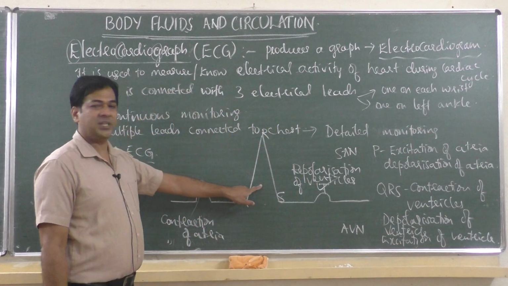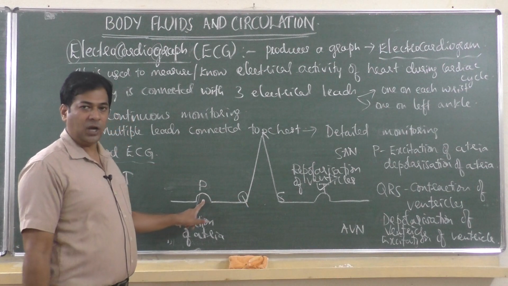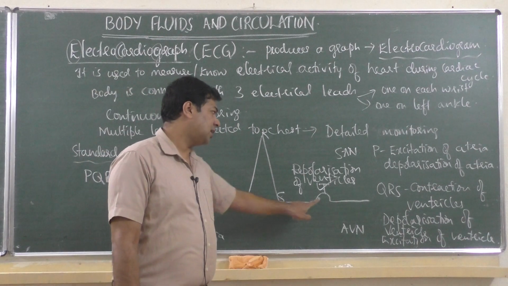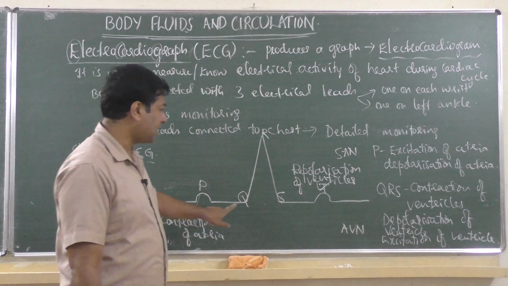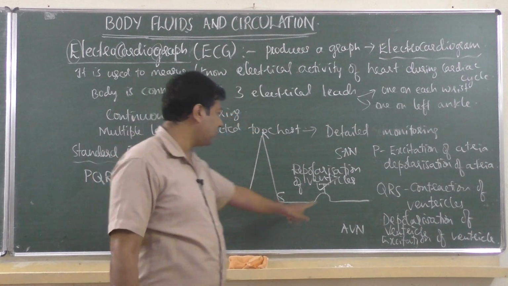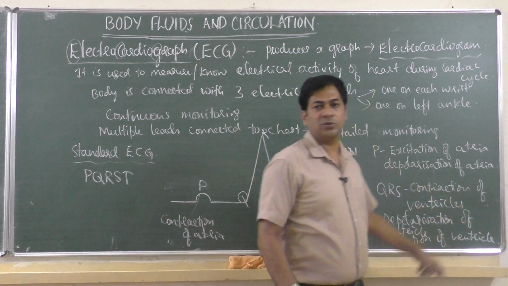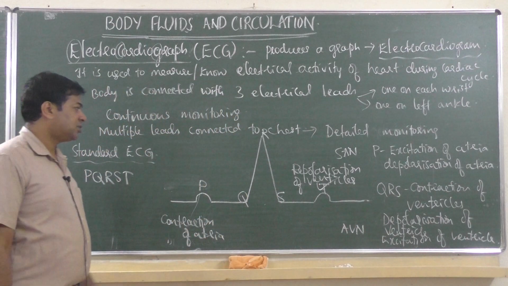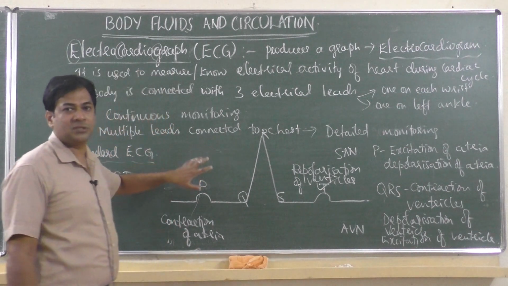This is systole, meaning it is a contraction of ventricle. This is contraction of auricle. This is auricular systole, this is ventricular systole, and this is diastole of ventricle. Then again the same will continue. After T, P comes, then again QRS comes, then again T comes. So like that, peak by peak it will show. This is the standard ECG graph for a healthy person.